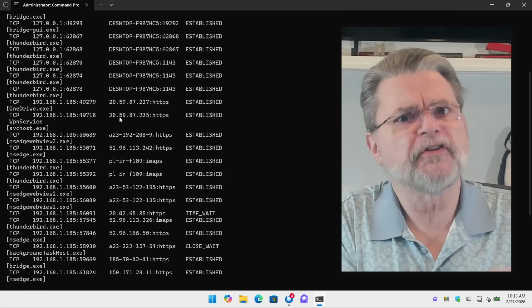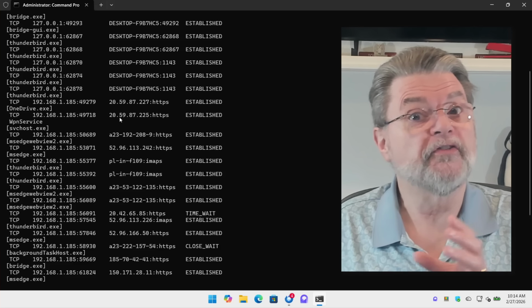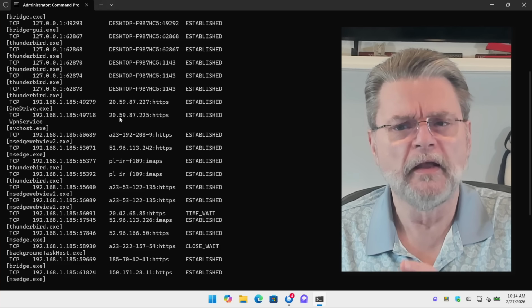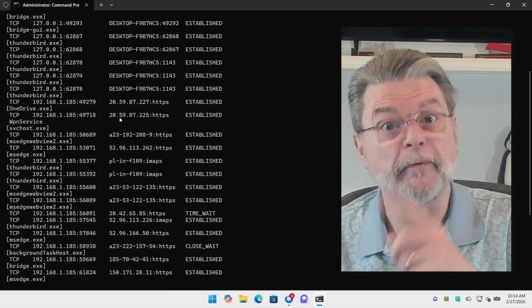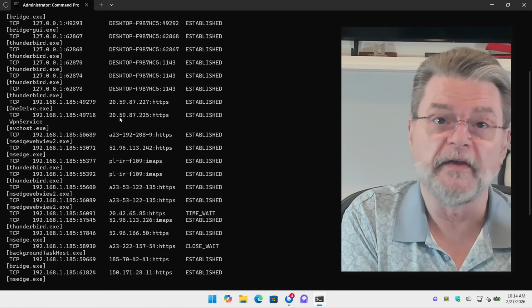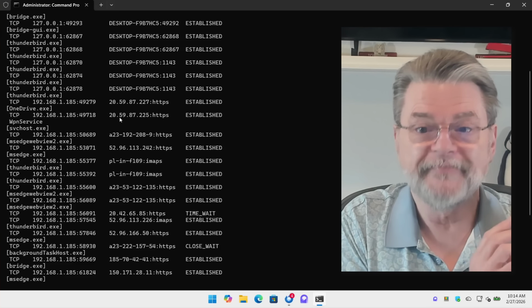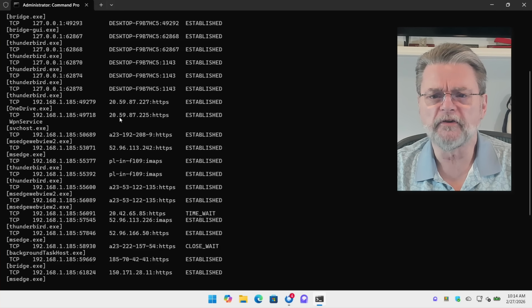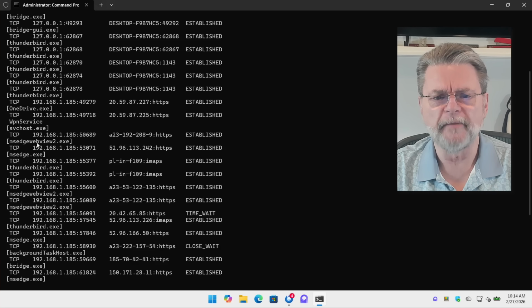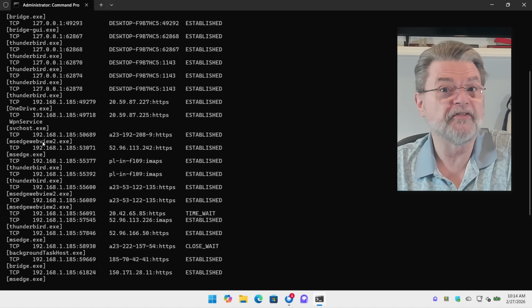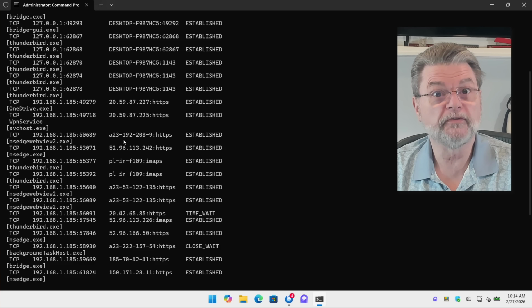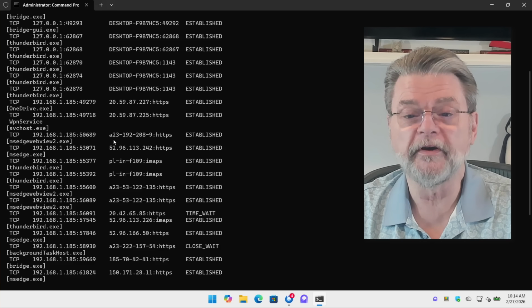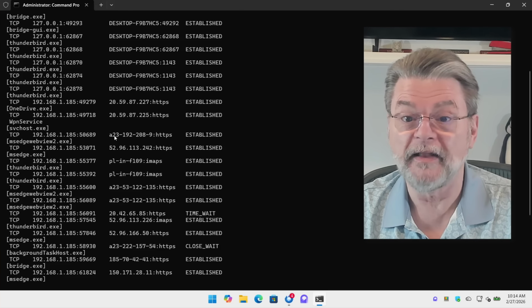Remember, askleo.com is a name, but that's associated with an IP address. What we're seeing here is an IP address. Sometimes Netstat will actually be able to give you the name associated with that IP address. In this case, it was unable to. If you look a little further down, you can see in the next one is MS Edge Web View, basically Edge. This one is actually giving us an actual domain name, not an IP address. Although it looks like an IP address, it's got dashes and it's got letters in it, so you know that